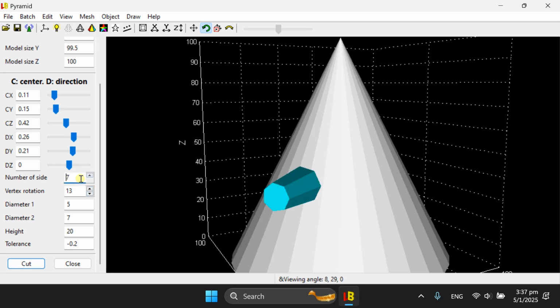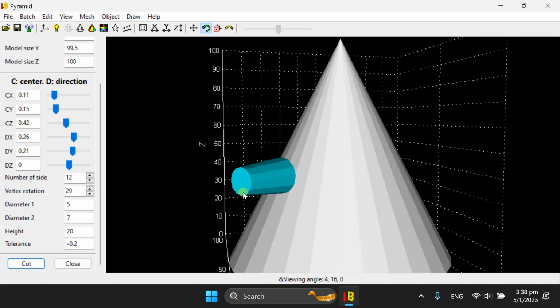If you increase the number of sides, then the maximum number of vertex rotation positions will be reduced. So now the maximum is 44. If I reduce it to 7 sides, the maximum will be 50. So as there are fewer sides, the angle of rotation will increase a little bit. And this is simple mathematics. If I increase, you see the maximum vertex rotation will be reduced. And basically, that's one